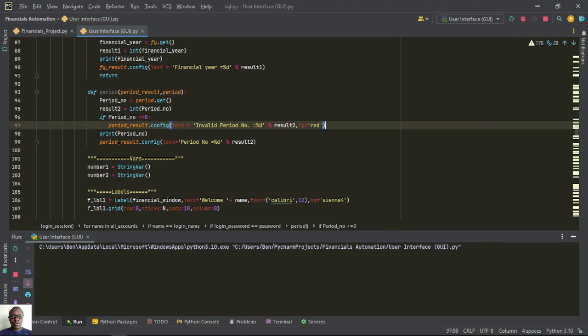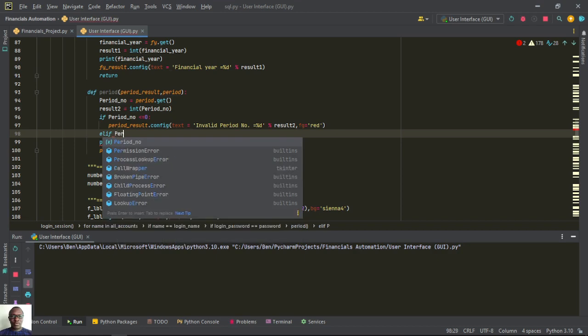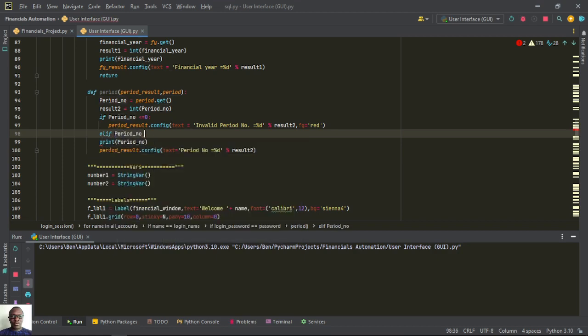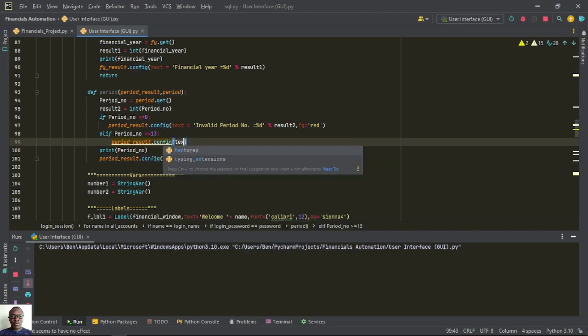when we come down here again, we'll say else if period number is greater than or equal to 13. So we are cautioning the user not to use unnecessary period numbers. Then we'll say again period result dot config in bracket text is equal to,